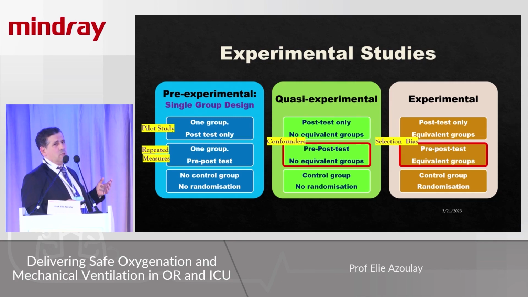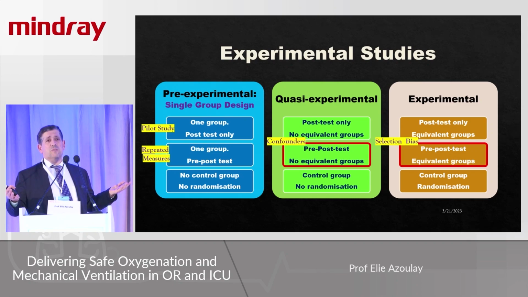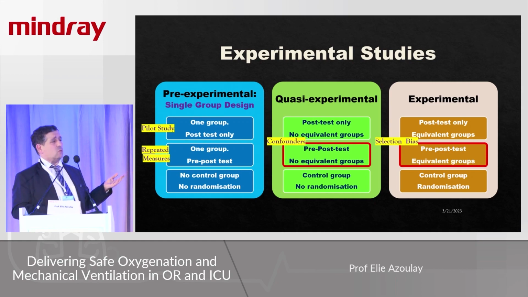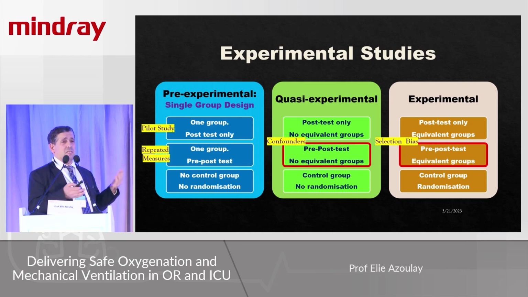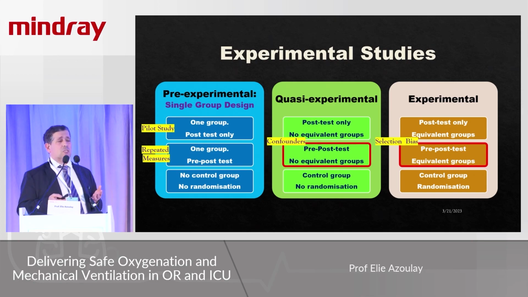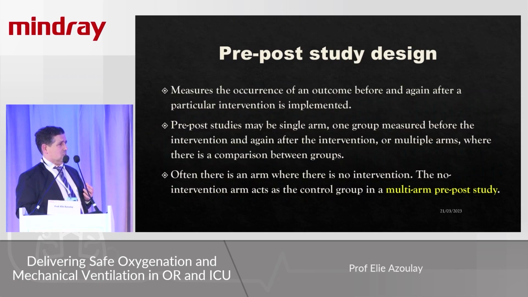Of course, in the pre-post, we have the confounders. You can imagine that you do an intervention, but the two groups, for example, could be very different. We can see, for example, mortality in patients with severe COVID-19 pneumonia. Mortality was very different between the different waves, and if you were doing a pre-post study, you would not be able to compare outcomes in this setting. And of course, randomized controlled trials are also subject to selection bias, and this is why the external validity and the internal validity depends a lot on how sound your inclusion-exclusion criteria are going to be. So we really need to pay attention to every study design.